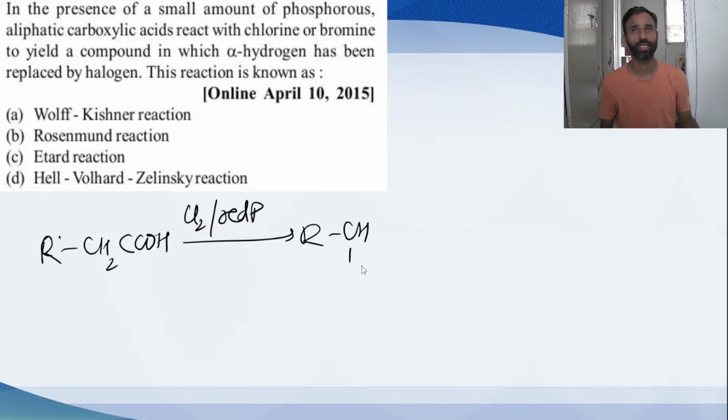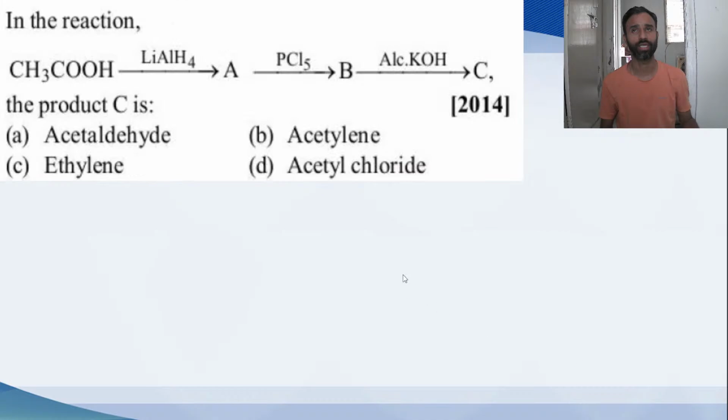So it will give this product, meaning alpha fluoro or alpha bromo product, and this reaction is called the HVZ reaction, the Hell-Volhard-Zelinsky reaction. This is the last reaction in the NCERT for that electrophilic substitution reaction of benzoic acid. Next, in the reaction, we have